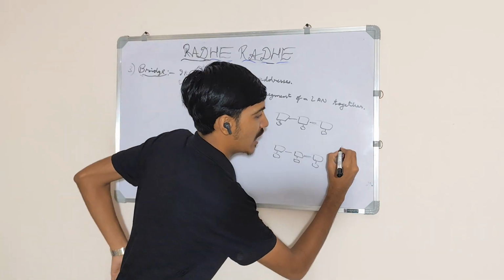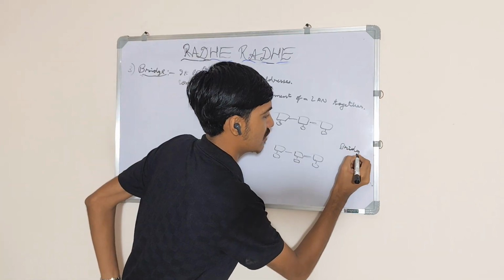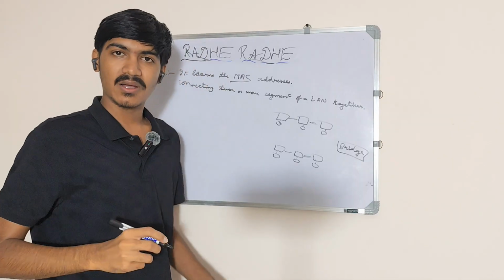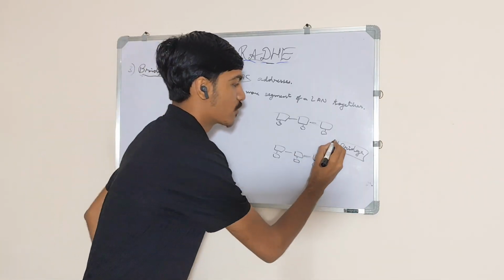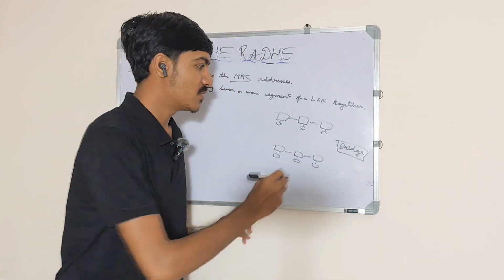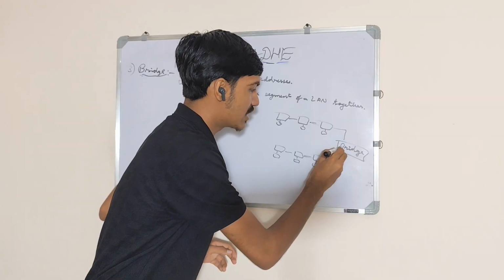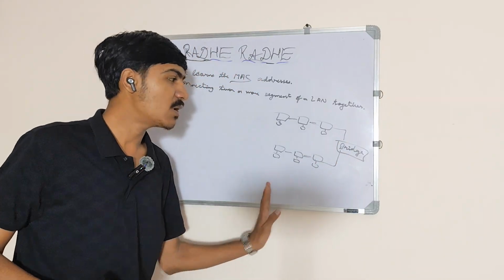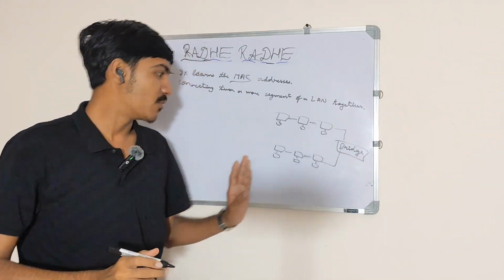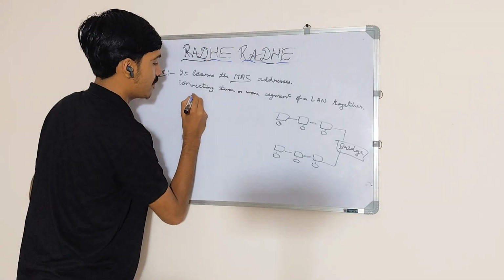What I will do is put a bridge here. So what will the bridge do? It will learn the MAC addresses of all the devices connected to it. Now the bridge maintains a MAC table,